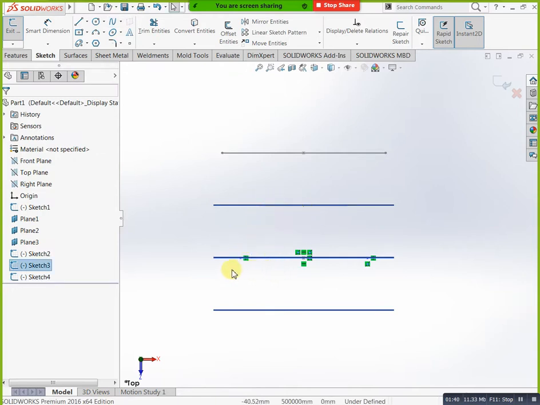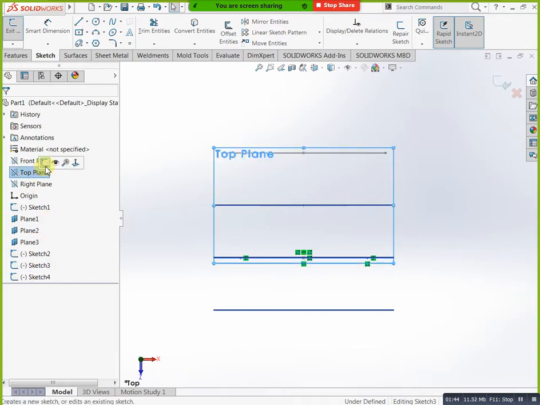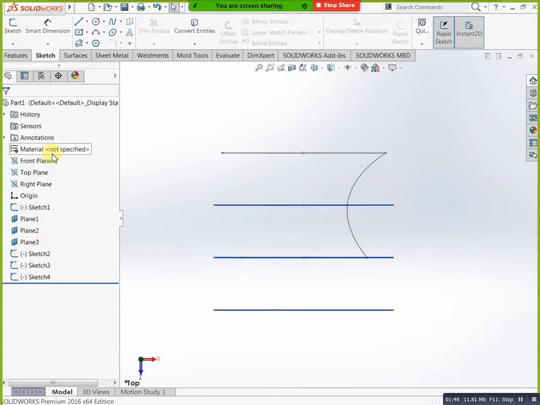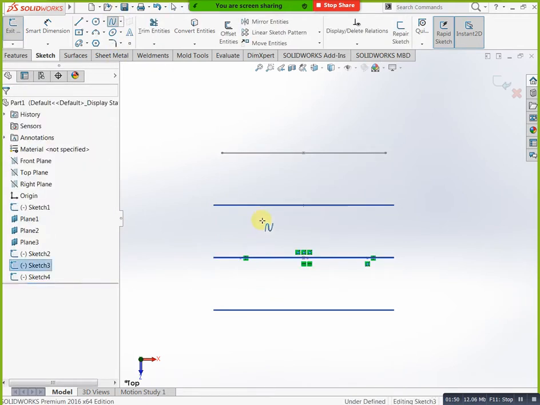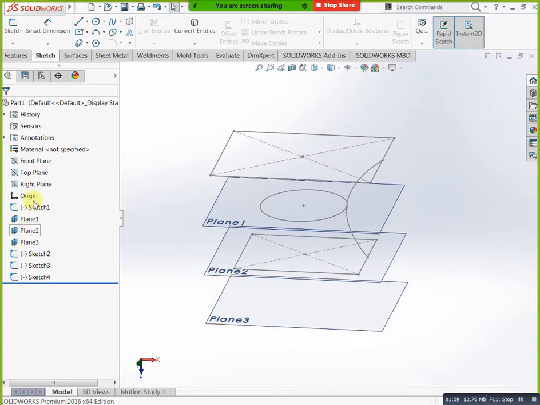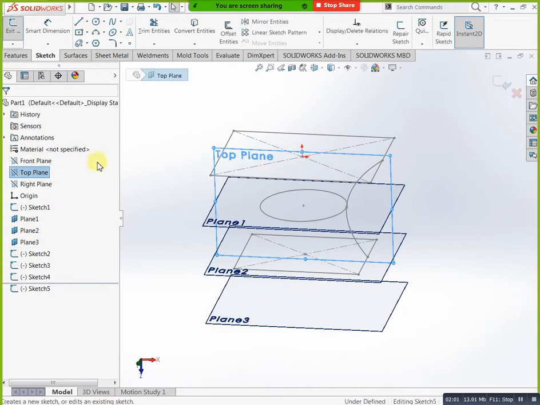Next you will take the same, next one, sketch, spline, this one. Sorry, first of all we need to select our plane, sketch, control 8.